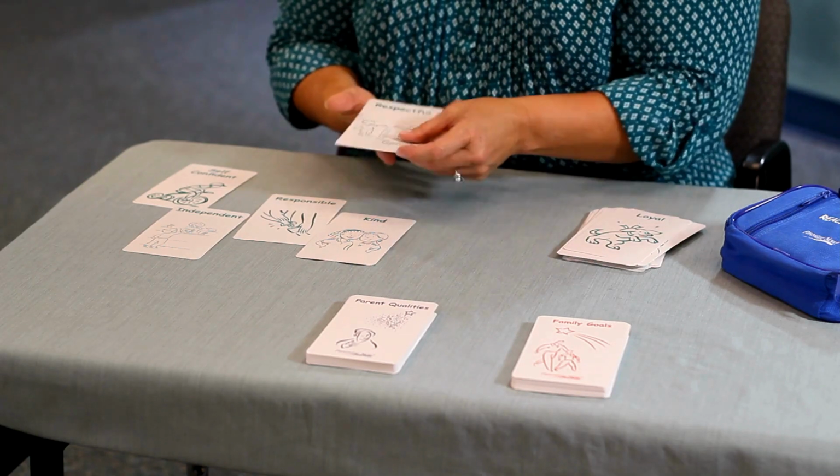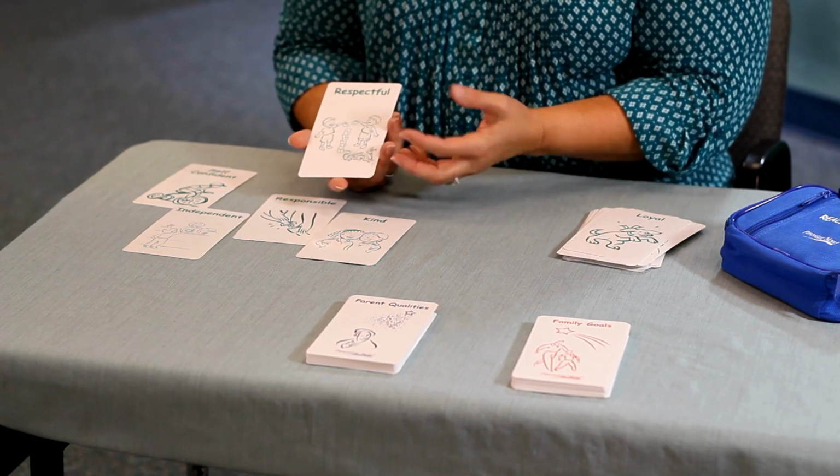And then we would pick one of these cards that they're thinking about the most, and I might have the parent describe to me what they mean by that so that they're really clear about what that looks like to them. And then we would talk about something that they may already be doing with their child that helps to build this particular quality. So if it's respectful, one of the things that's really effective for helping to teach a child to be respectful is by respecting the